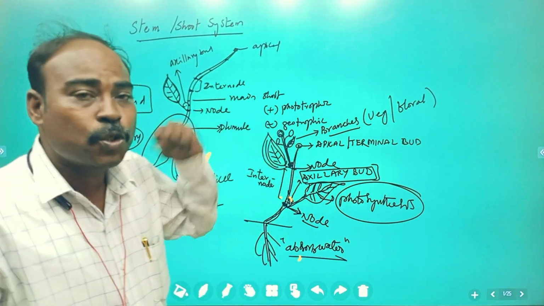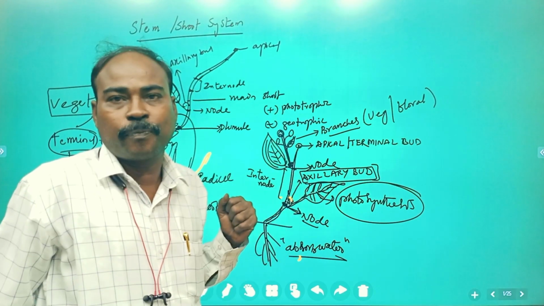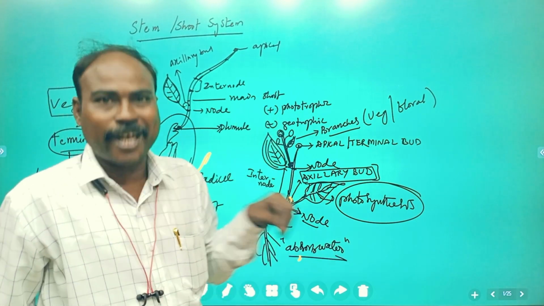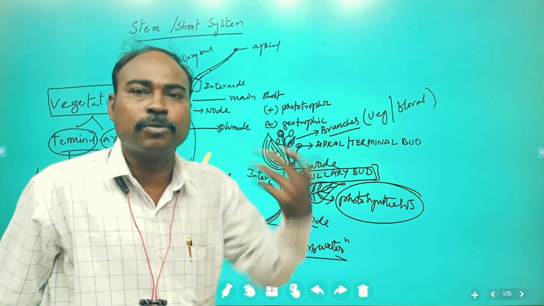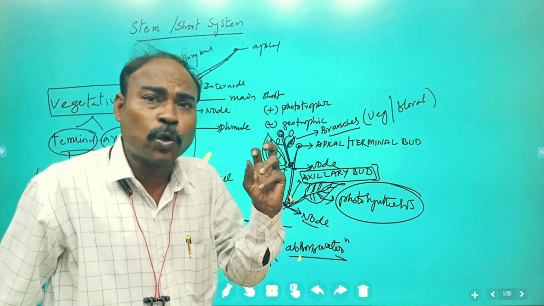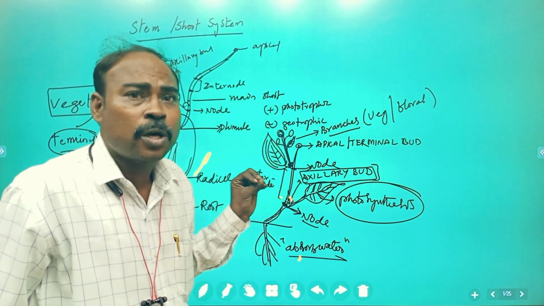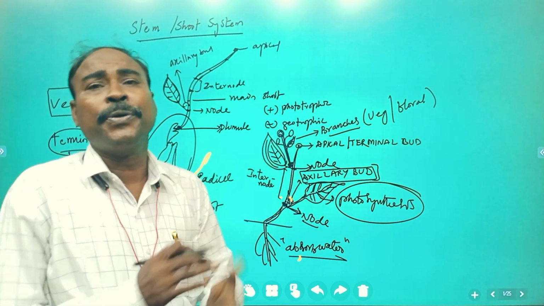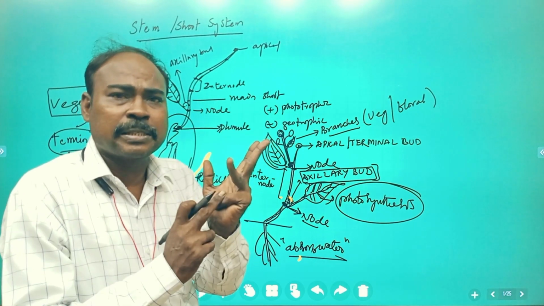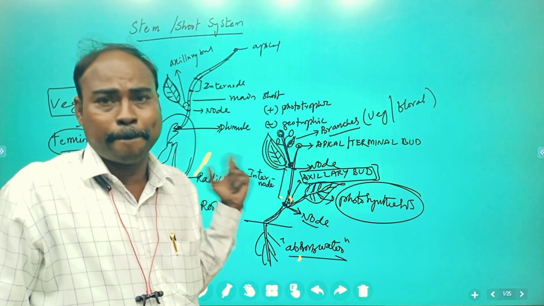In the aerial shoot system, the flowers are developed. The flowers are the actual reproductive units that participate in reproduction, and finally the flowers are converted into fruits after fertilization. The fruits, embedded with seeds, are the structures that germinate and give rise to new plants of the next generation. So the reproductive units, flowers, and then fruits are formed on the branches of the main stem.